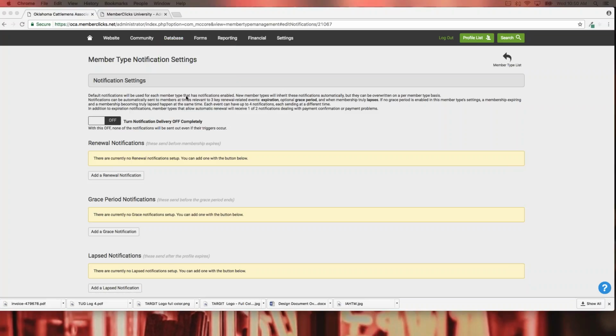The reason those are two different things is because with member types, your members can only be part of one member type at any given time. So I can't be two different member types. I can only be one, right? Because otherwise that means I have a duplicate profile, which means you're paying twice for me. You're giving up two custom profiles for me, which isn't efficient for you guys. So I can only be in one member type at any given time, but I can be in multiple groups